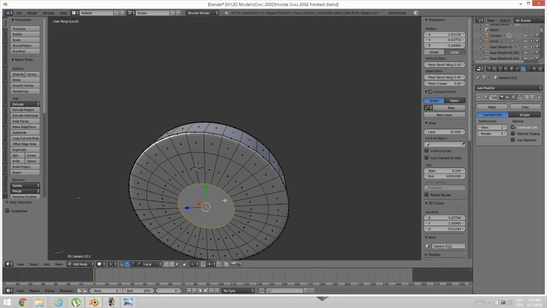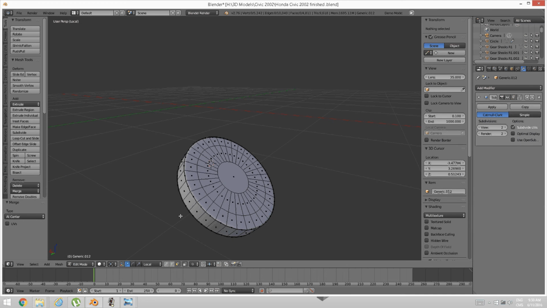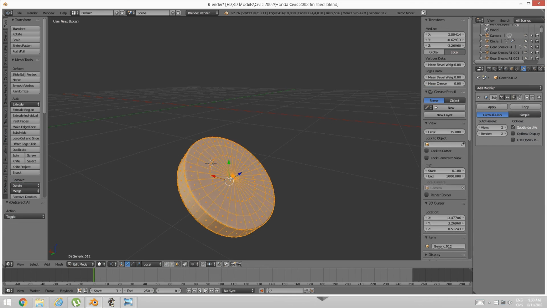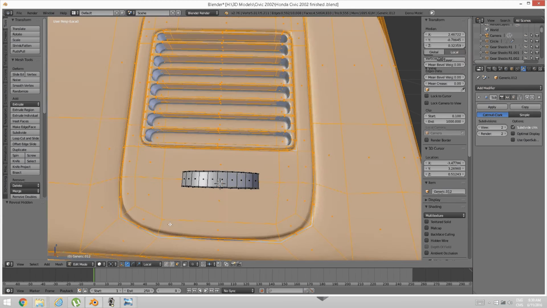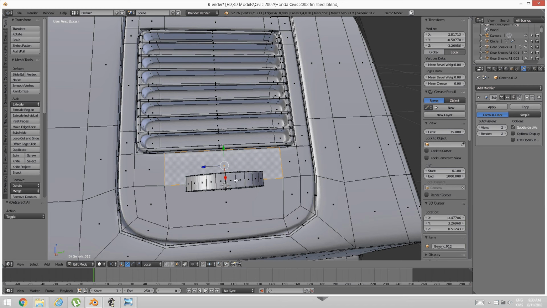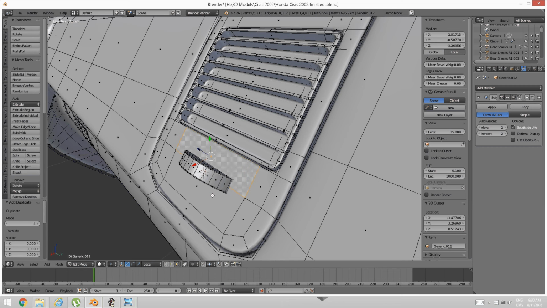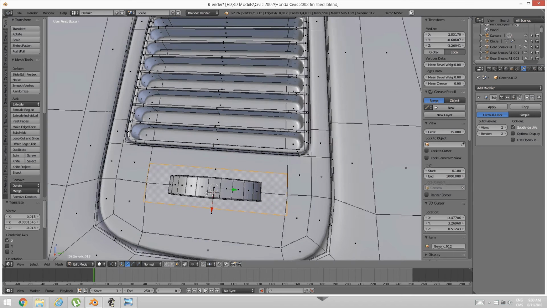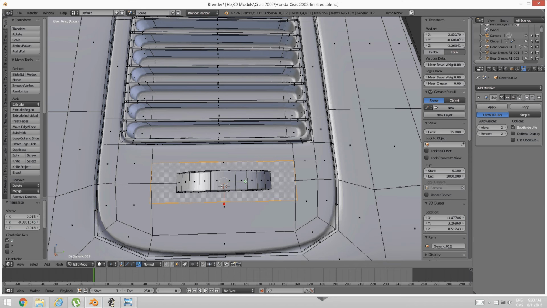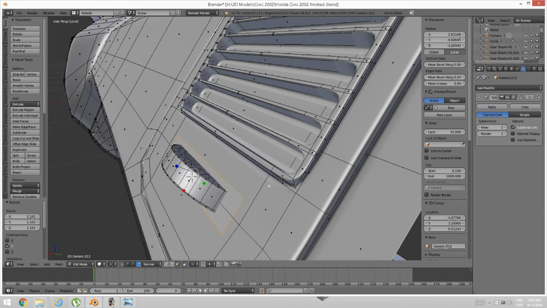So now what we're going to do is we're going to go Alt M and center that. Alt M, center. And we're just going to go Alt H, Alt H, Ctrl, Shift D, normal. And we're just going to scale that down like that. R, Shift R, Shift E R,